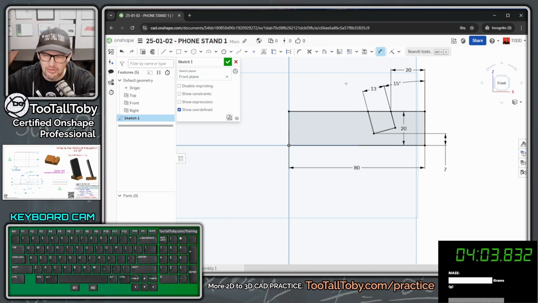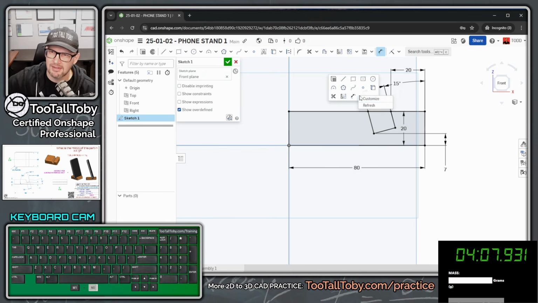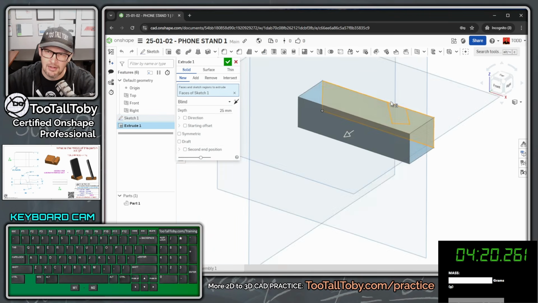And now we can choose the S key, so S key. And here you can see what I've done with the S key is I've done a right mouse button and chose customize. So I actually added the extrude command right onto my S key here, so that once I've got my fully defined sketch, I can just press the S key, I can choose extrude, and there we go,